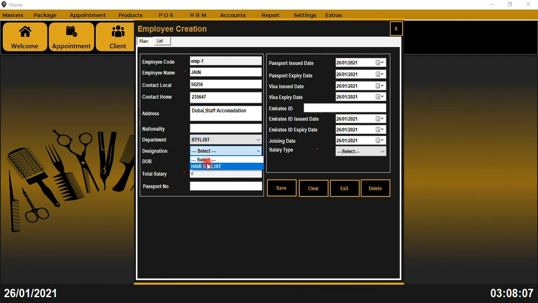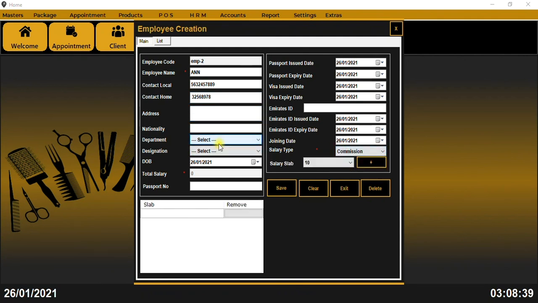In the same manner, you can generate any number of employees and keep adding them. Once I'm done, I've saved it, and next I've gone with employee number 2. Like this, you can keep saving and filling. If I have 5 employees, all my employee details will be there. And as I showed in previous slides, you can write down how much commission is paid. For example, in salary time, this person I'm paying commission, so here I'll put a slab for him, how much he'll get paid. Let me take 15, so according to that slab he'll get paid.